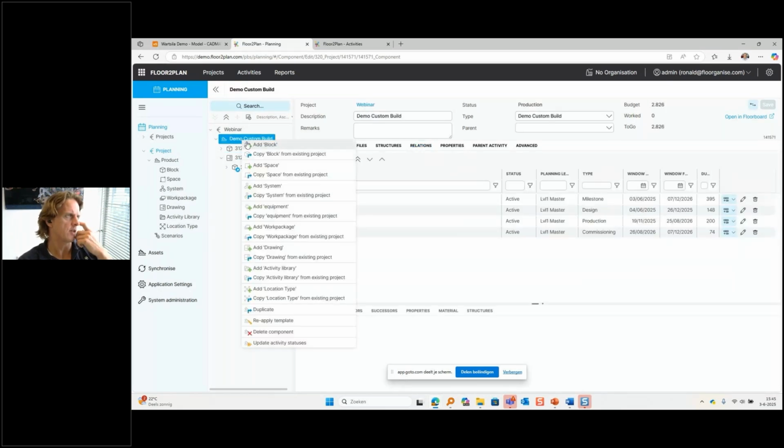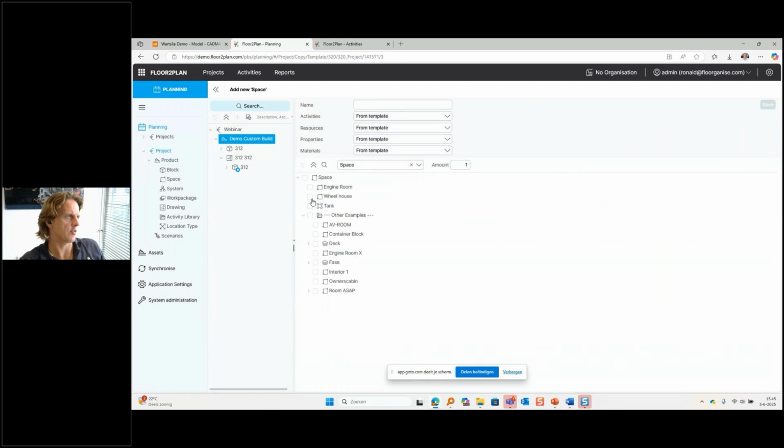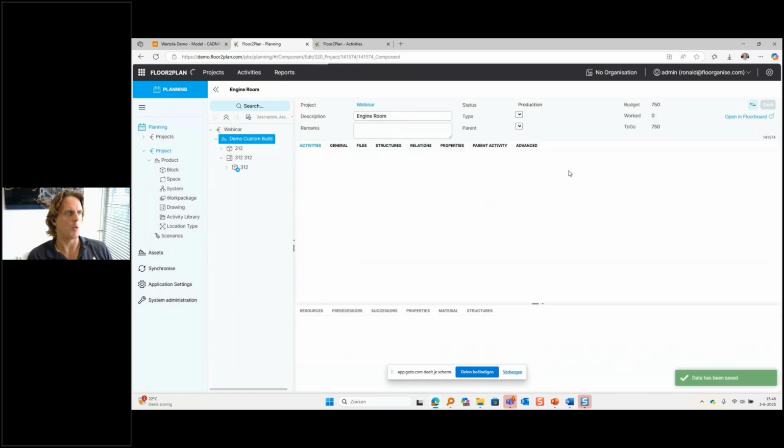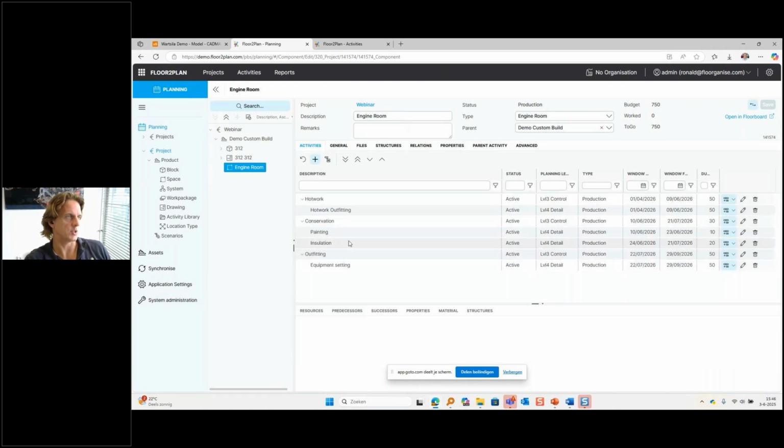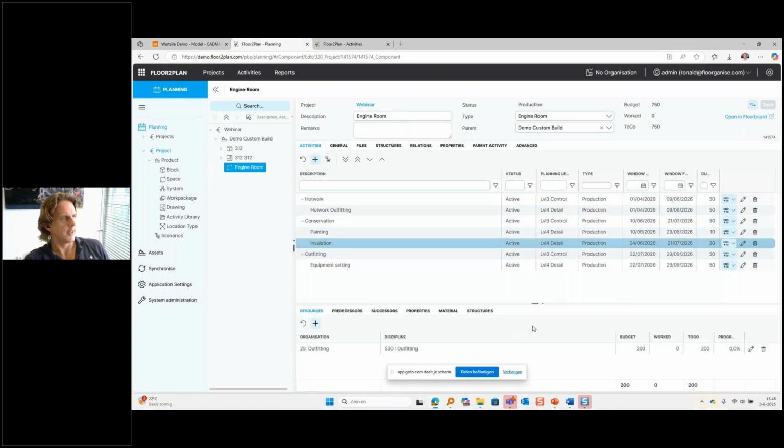Also, in this initial phase, we can start to recognize spaces. So let's assume we have an engine room here, and the engine room will, let's say, exist when we are putting two hull blocks together. And when we do that, we have hot work, conservation, and outfitting activities, which are also now resource loaded. Those activities will make us efficient if we make use of those time slots to put as much pre-outfitting in here as possible. In order to let everybody know